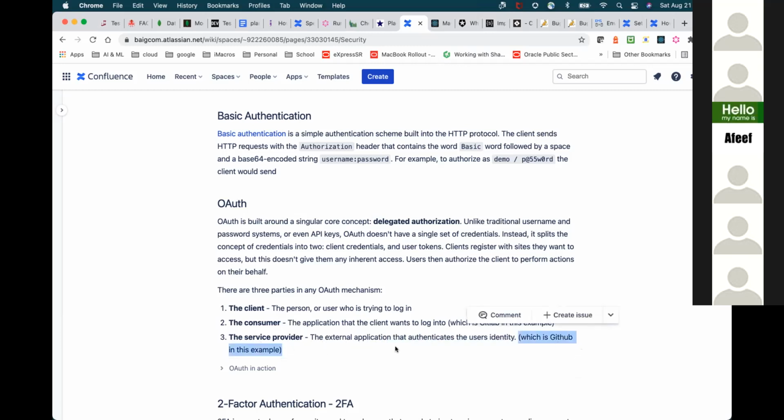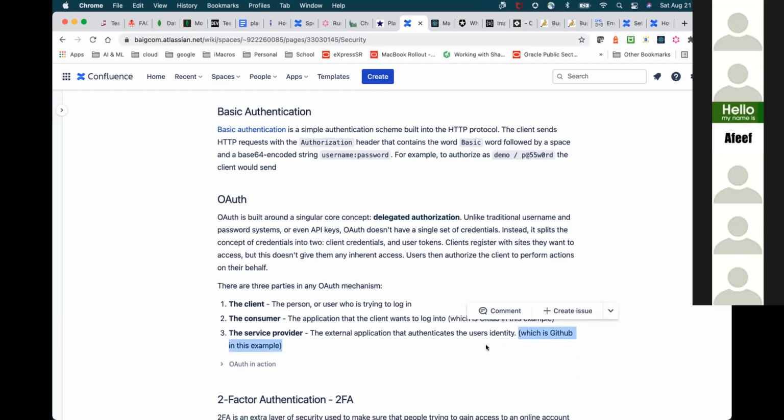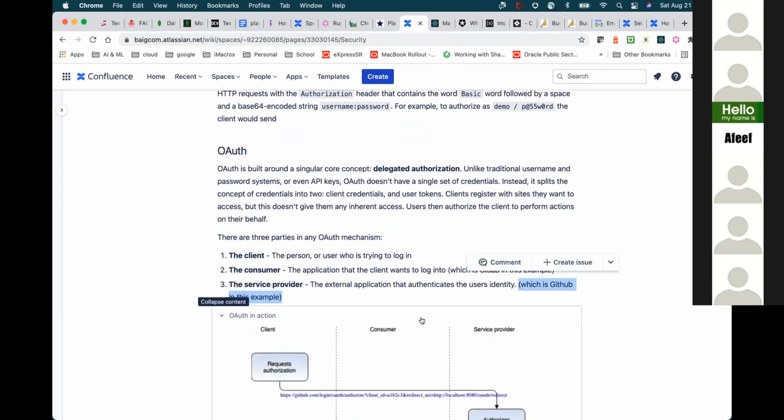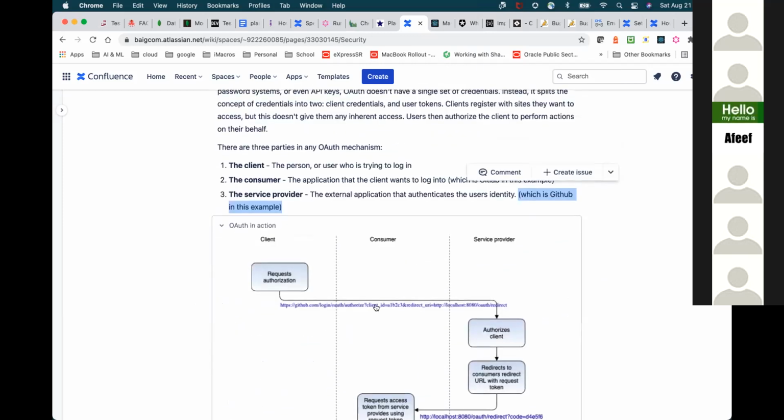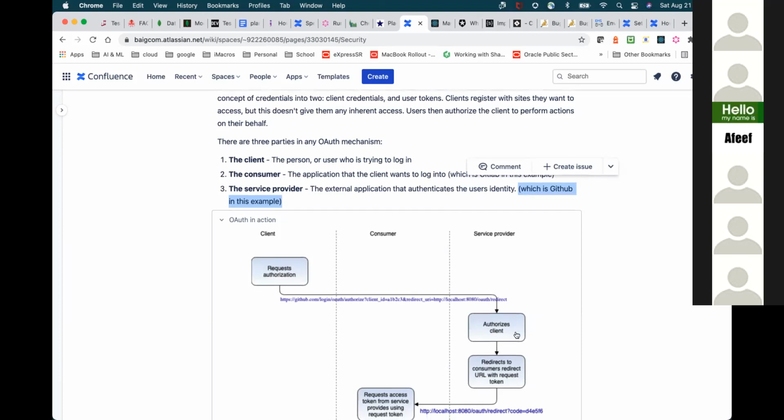So the external application that authenticates the user's identity. And there's a chart here where you request the authorization. So this is the client who requests the authorization, and this is the URL, and the service provider authorizes the client and redirects to the consumer's URL with the request token.